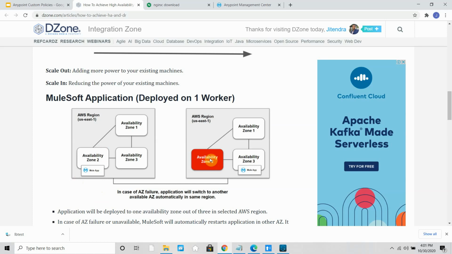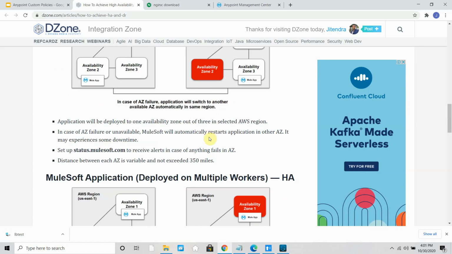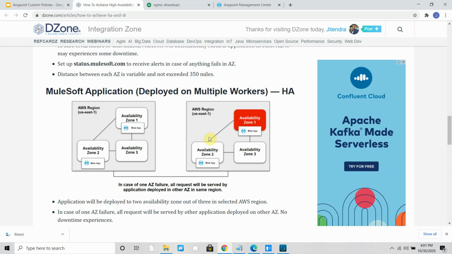When you deploy the application on two workers or multiple workers, the application gets deployed to different availability zones in the same region. In this case it got deployed to zone 2 and zone 1. If zone 1 goes down, your application is still running on zone 2.